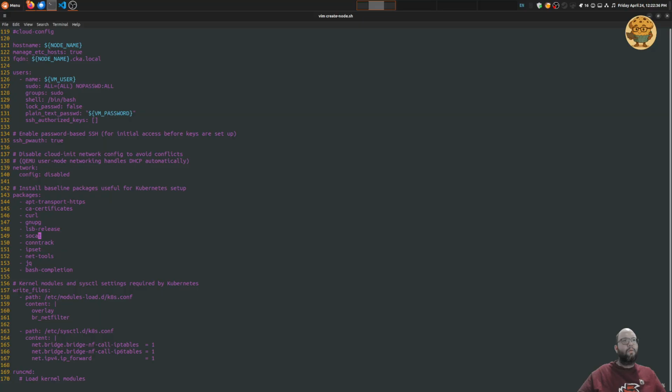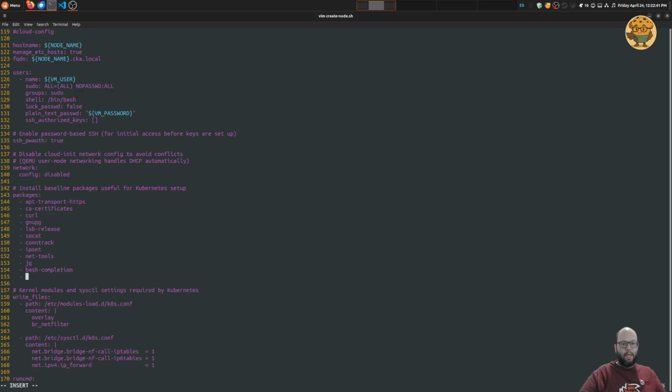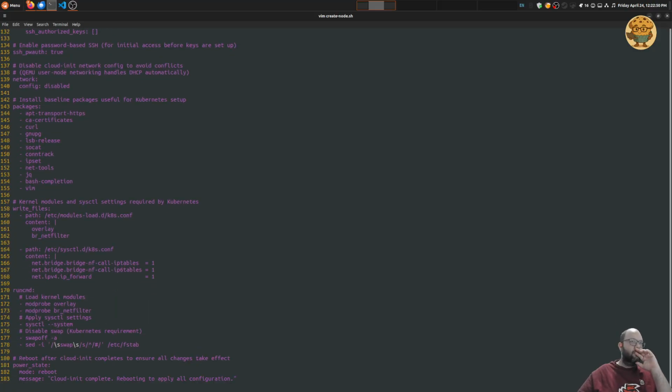Curl, GnuPG. I always like to add Vim. I'm gonna add Vim. Then it creates some kernel modules and sysctl settings required. So it enables IPv4 forwarding, IP forwarding, and something with,